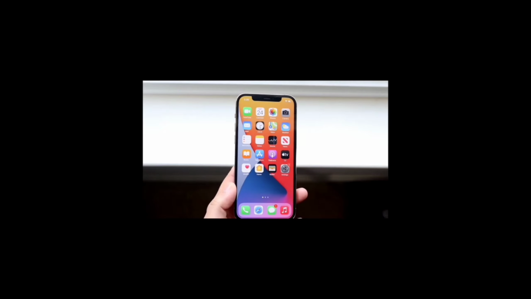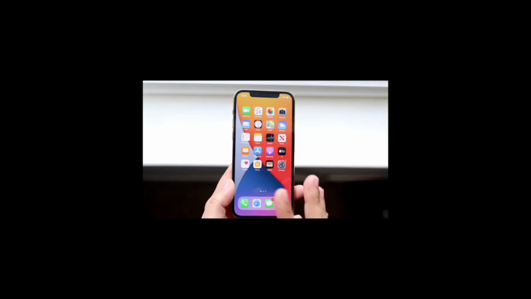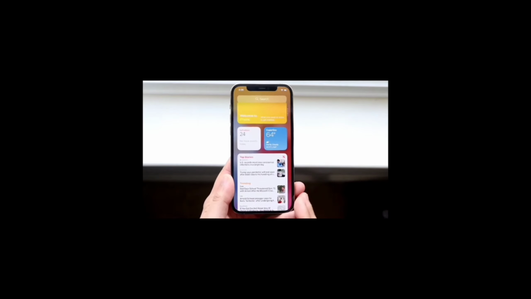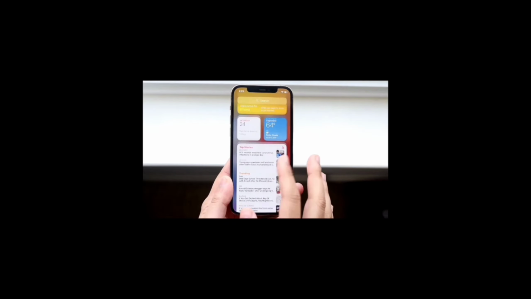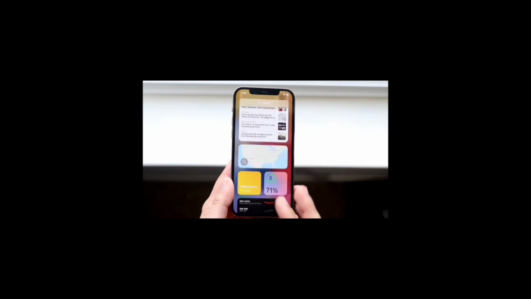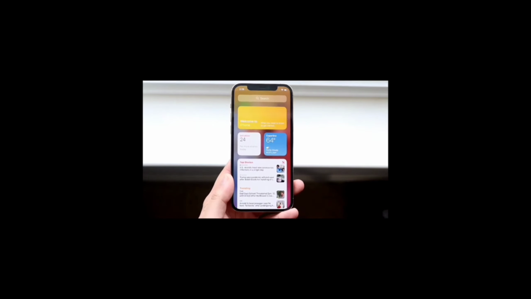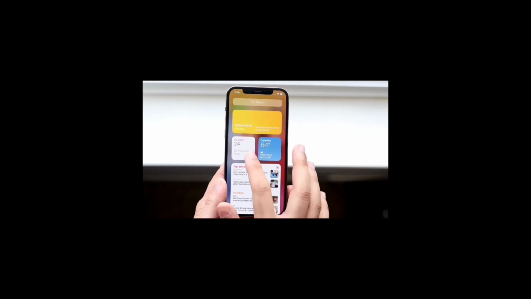Okay, now I will teach you how to place a widget on iOS. So the first step is you must make your way to the front panel, and then you must swipe to the left side and you will see all these little widgets right here. Just choose whatever widget that you want to put on your home screen,